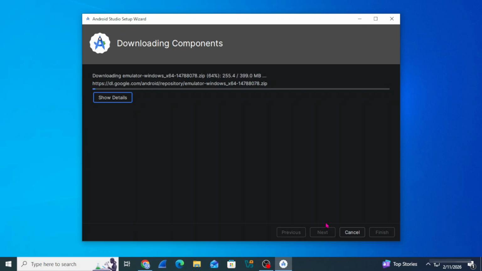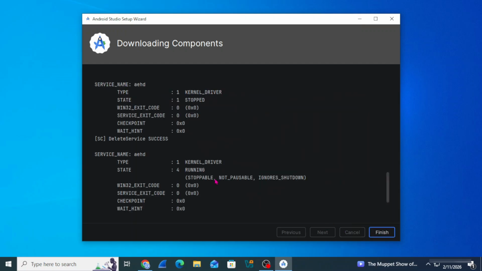So now it is downloading my virtual devices. So hence I'm saying you need a strong connection. We require installation of three things: Android Studio installation, then installation of virtual devices and installation of SDK. Okay guys, so it will take a while, so please wait. It takes I think around half an hour for completing all the installation. If your internet is good, it could be faster. Before half an hour also it could be completed.